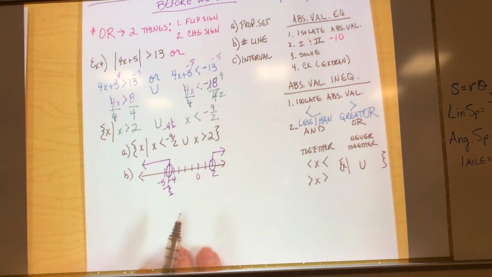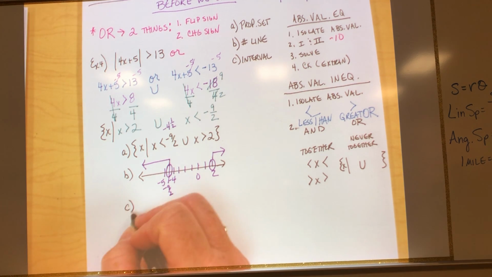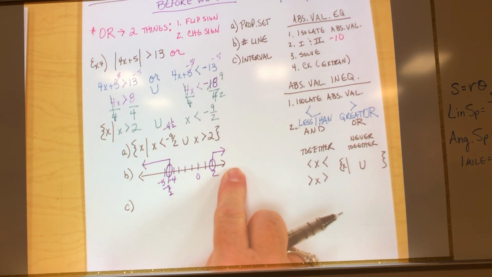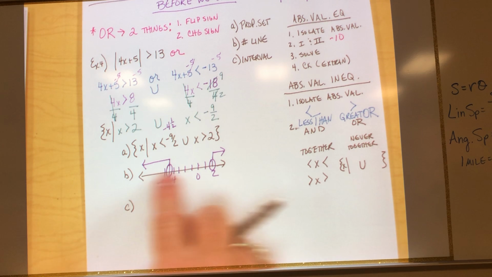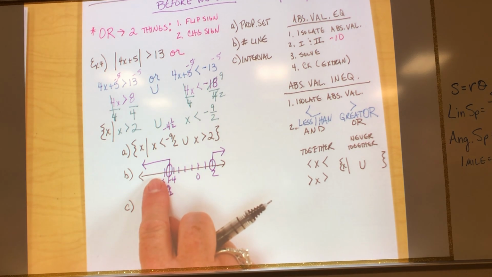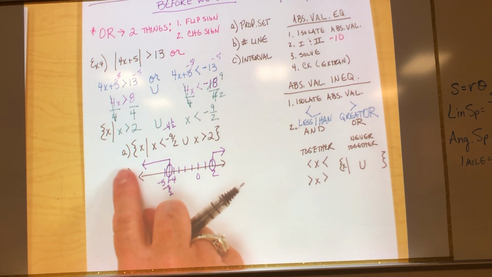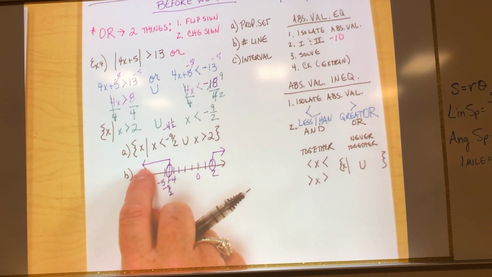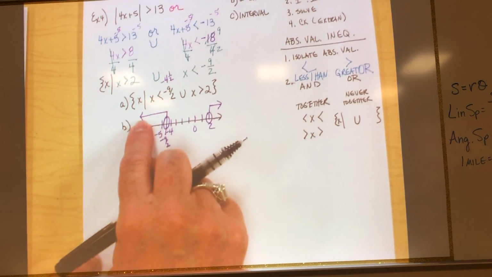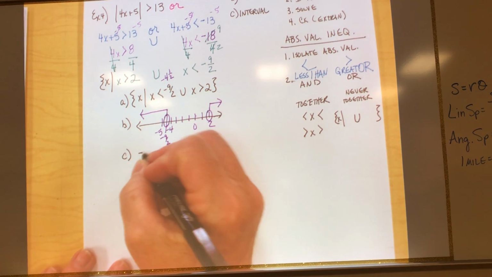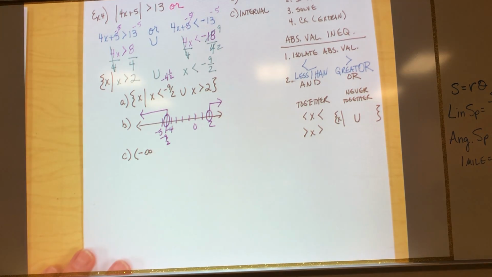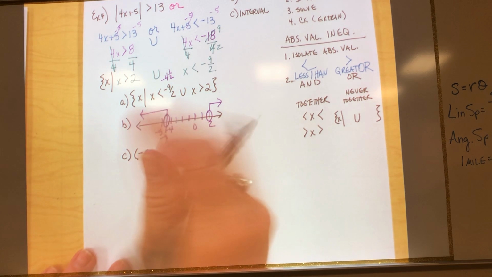The last thing you're going to do is interval notation. The reason I made you write it on the number line is because interval notation is really easy to do from a number line, isn't it? You just start from the left and start reading where the answer is. Well, the answer is this little arrow. Where's that pointing to? Negative infinity, which is never included, right? Nope. All the way to